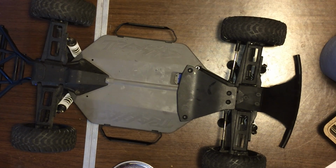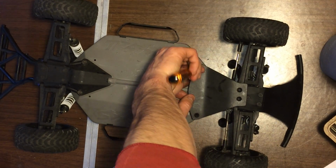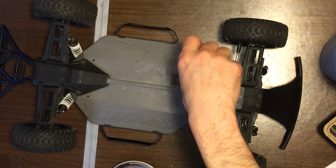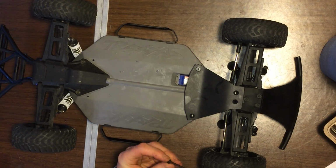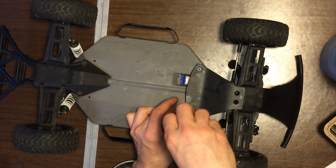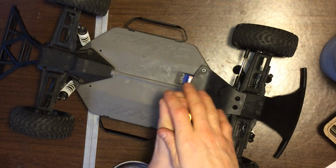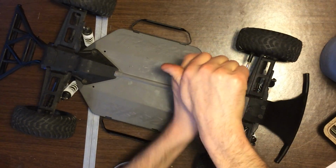But I plan on upgrading, because most people go with an RPM bumper, and I'm a huge fan of RPM, and I think just about everybody is. I like any well-made product. RPM, MIP, Robinson Racing. You cannot go wrong with any of their products. My transmission in my Yeti went out, and I'm hoping it's just the idler gear, because it's a 3-gear transmission with no...